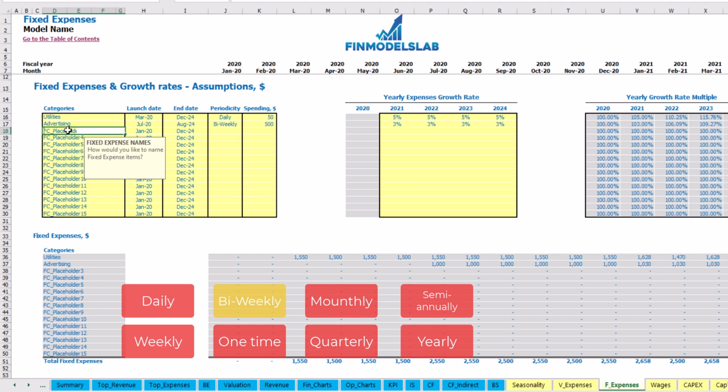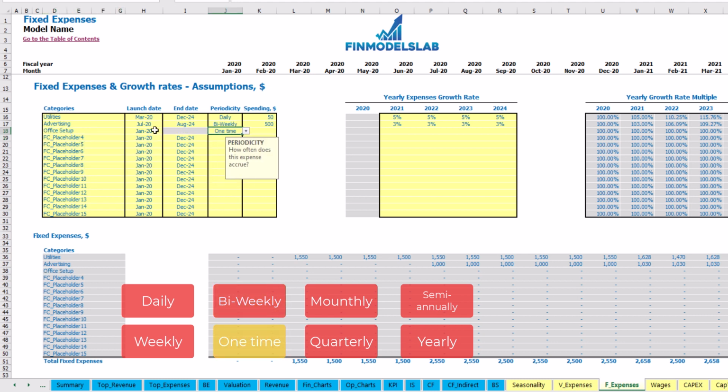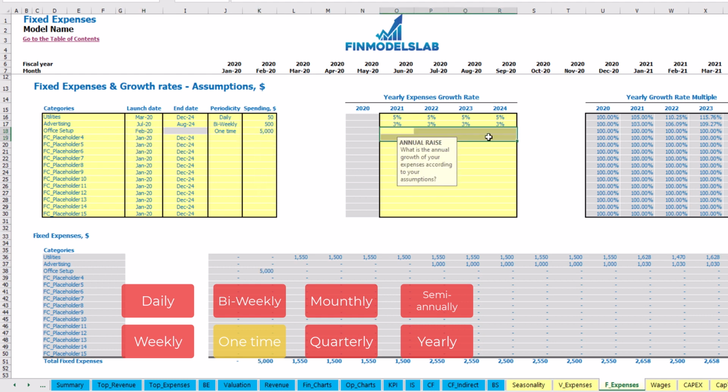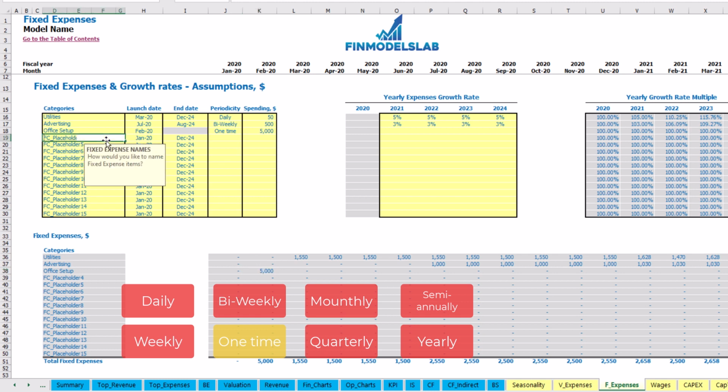Another option, office setup, which can be one-time payment, which will happen in February 20 with amount of $5,000. Obviously you should not input any growth rates because this is just one-time fee, and you may see that office setup will happen in February 20 with this amount. Another option,